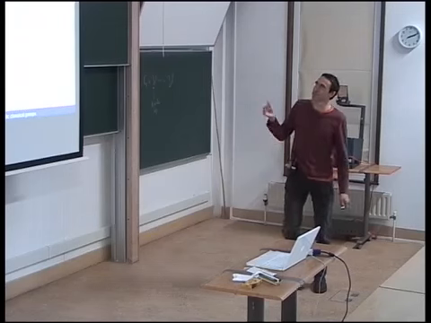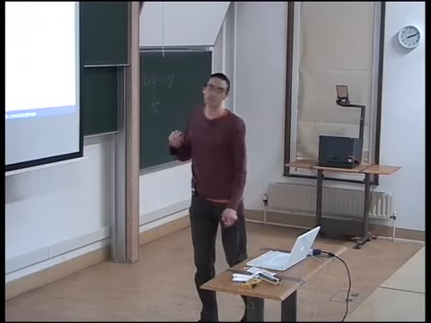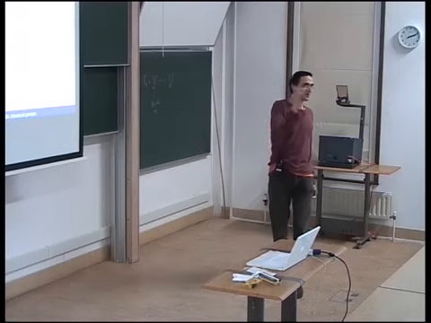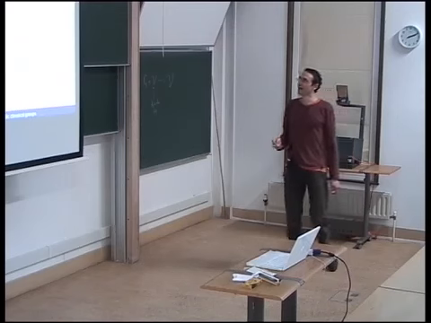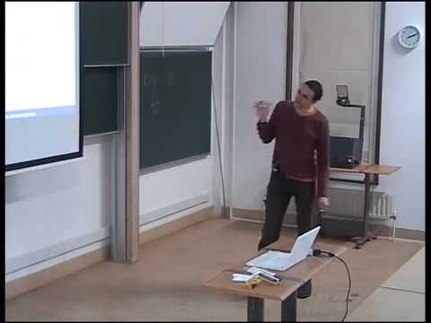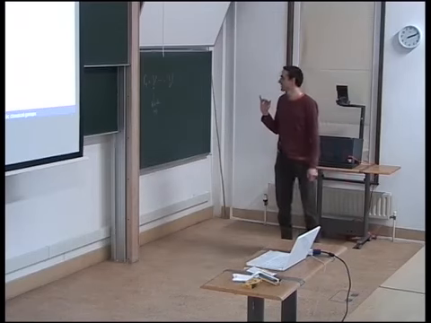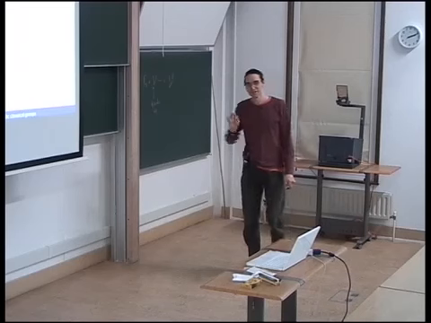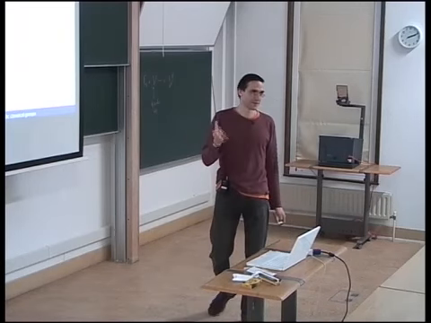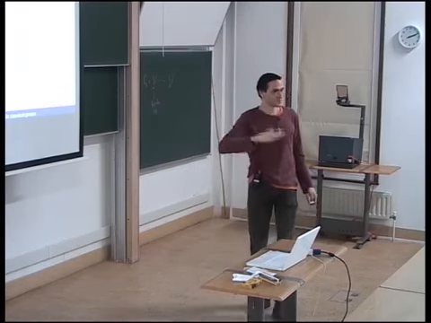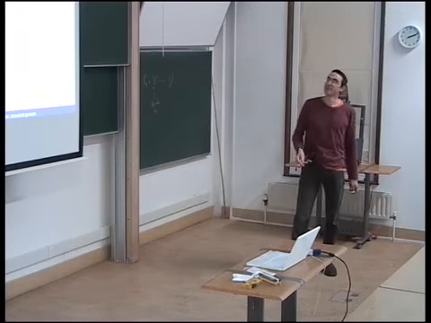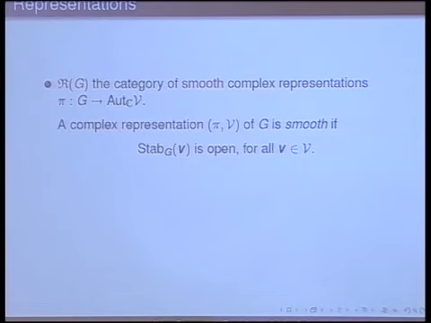I should also mention that there are theories for, for example, mod l representations, which might be interesting to some people here. Certainly when l is not p, so it's different from the p of the p-adic field, the theories are broadly similar, but there are some subtleties which mean that for small l, things can be different. Maybe I'll say a word or two in passing as we go. When l is p, so mod p representations of p-adic groups, that's a completely different story, and what I say today has no connection.